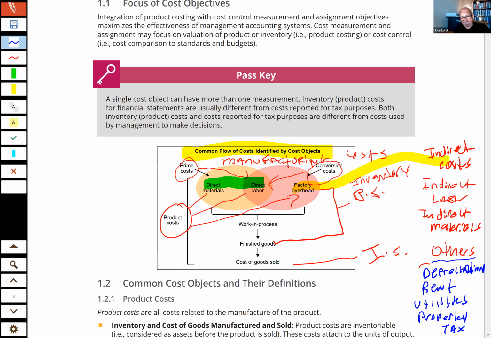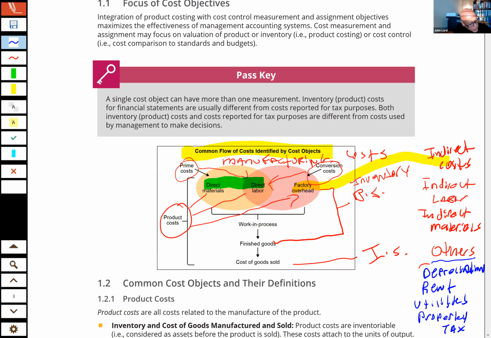Now you can understand why it would be difficult to allocate, or to directly trace, I should say, the depreciation directly to any one job. What, this job used up so much floor space while it was out there, so we're going to apply the overhead that way? No, what we end up doing is using some sort of driver to apply those costs to the job, and we're going to talk about that a little bit tonight.